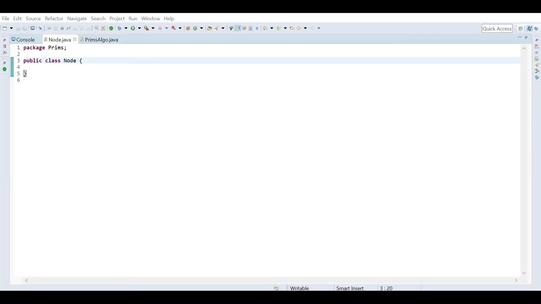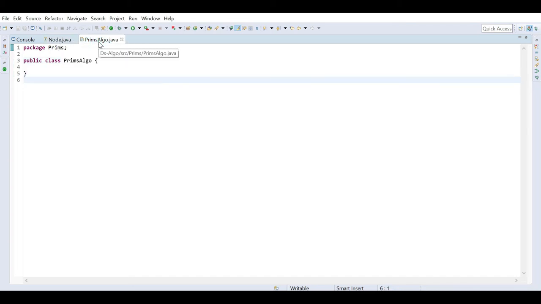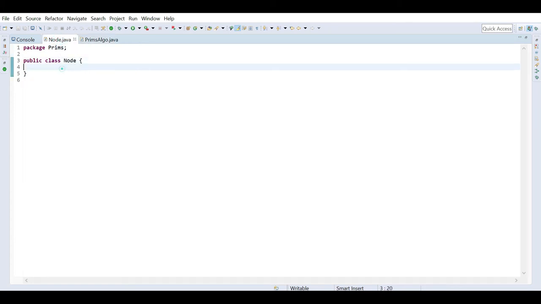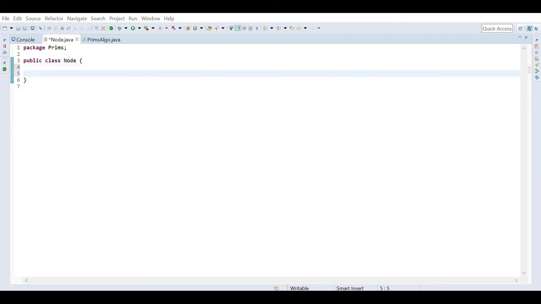Okay, so now we will start writing the program for Prim's algorithm. Before that I have to define 2 classes. One is node, which I have explained, and another one is Prim's algo, where I will write the actual algorithm with the graph implementation. In node, what I have explained is that I have to keep 3 variables,